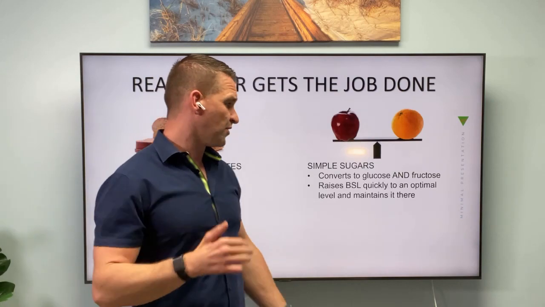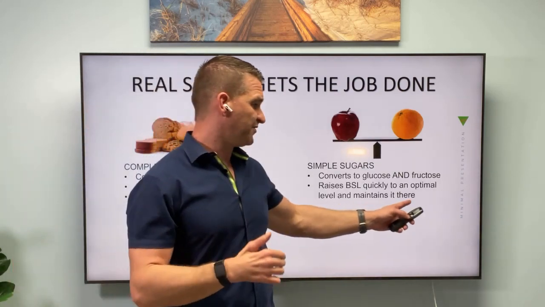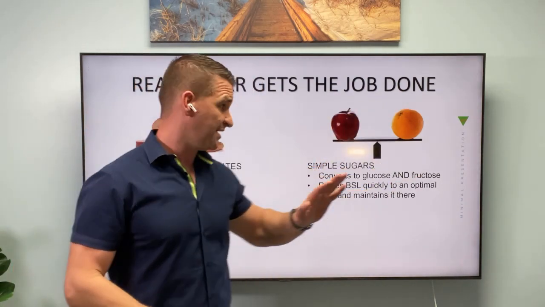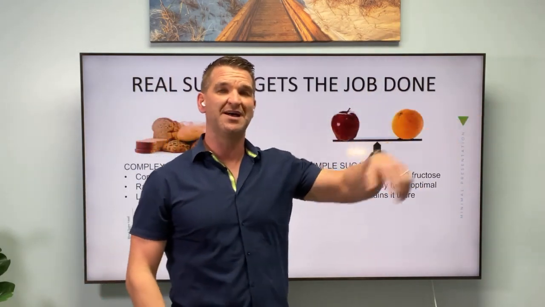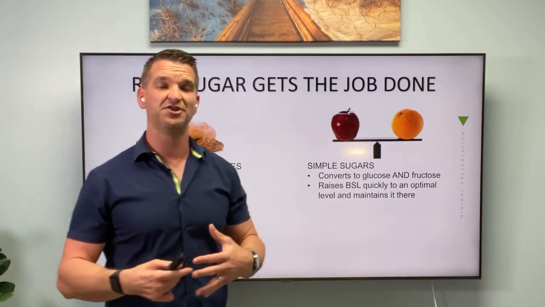So we get a much more optimal level of delivery of glucose. It raises it much faster. You'll get there faster, but then it balances off. Okay, and that's where some of those values that I showed you of